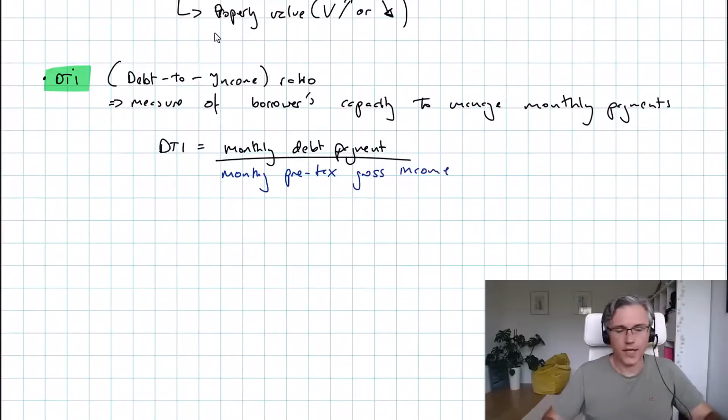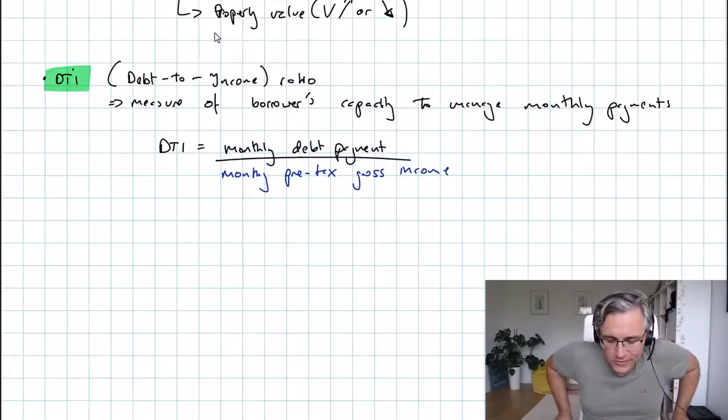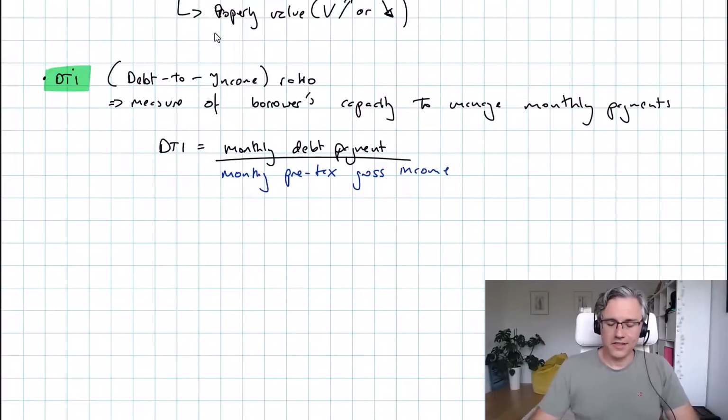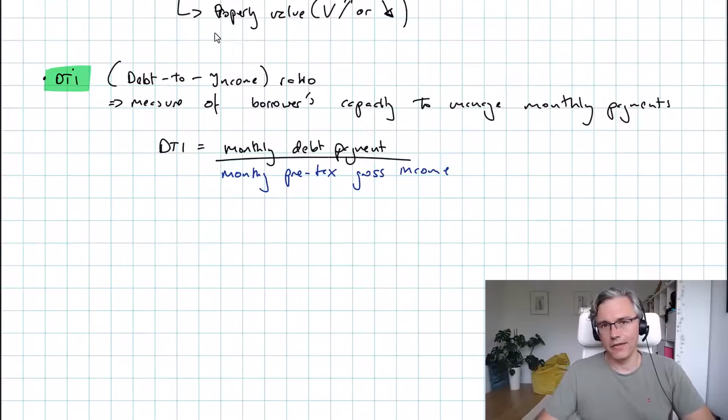Don't worry, you won't have to calculate somebody's gross income. That's not in the fixed income section of the curriculum, nor is it anywhere else. Just be careful, because they will often give you, as I will in just a moment, in an exam style question, the income on an annualized basis. So the only thing you have to do is scale that down by 12.